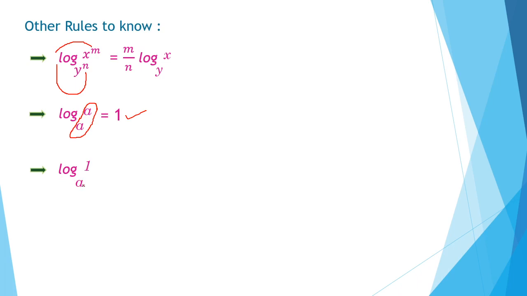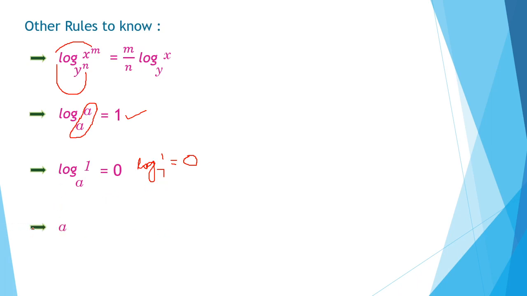Logarithm of 1 to the base 7 equals 0. See here, what is the value? I am writing a small example. Logarithm of 1 to base 7. What is the value of this logarithm of 1 to base 7? This is logarithm of 1 to any base. No need to use a particular value. For any value of the base, it is equal to 0, except 1, and the base should be positive. Okay, right. Next, what is another rule?